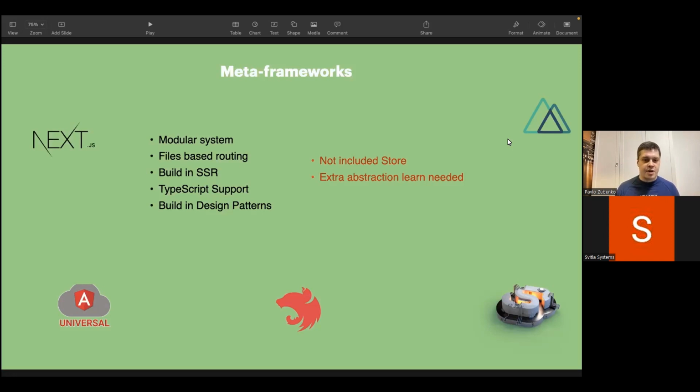So an extra abstraction is some extra knowledge that we need to bring to our team. If some guy decides to join our team and we are already using some of those meta frameworks, which is not familiar to him, he would need some extra time to learn what it is and how to build some solutions in your application in some way. Because usually those kinds of frameworks provide architecture, code organization stuff, and so on, in lower layers. And it actually helps as a start for bigger projects.